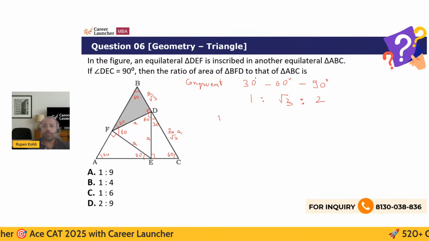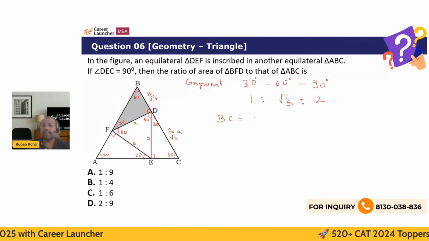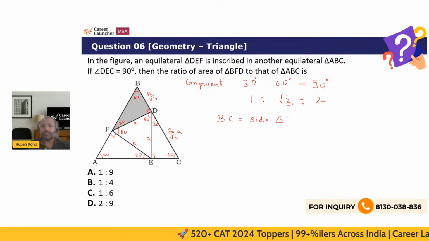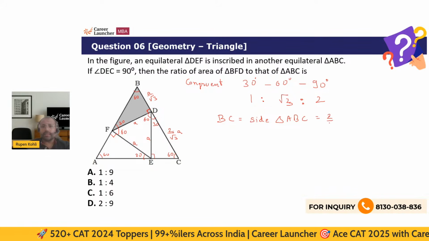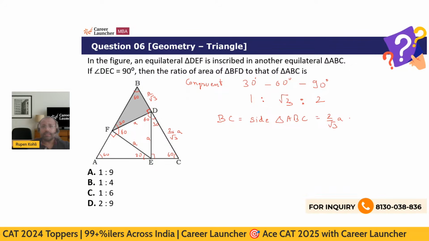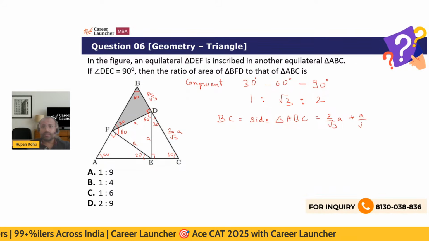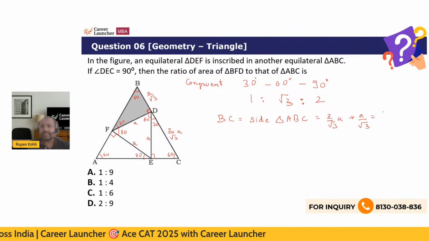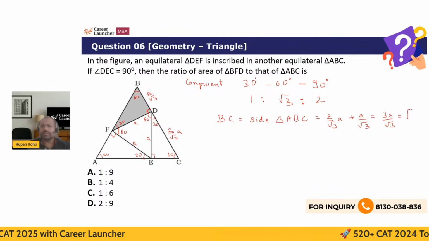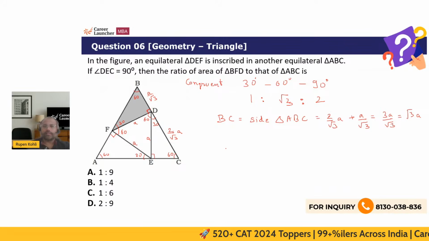So therefore, how much is BC, which is the side of the whole equilateral triangle? The BC, which is the side of the larger equilateral triangle ABC, is coming to be 2 by root 3 of A, DC, plus another A by root 3. So this is 3A, 2A plus A, 3A by root 3, or simply root 3A. Wow. Okay. So therefore, we are asked for the ratio of triangle